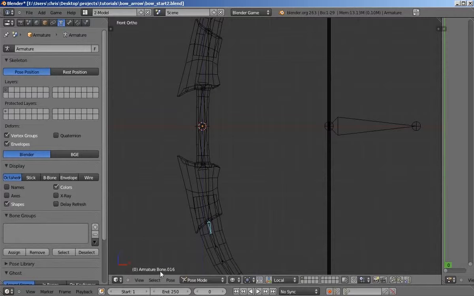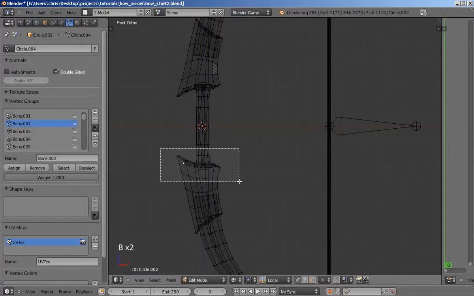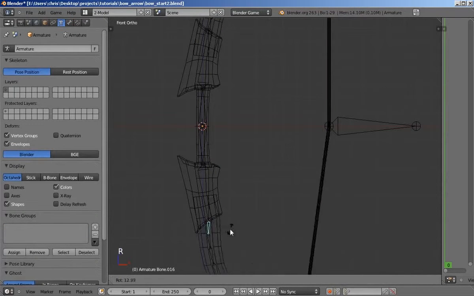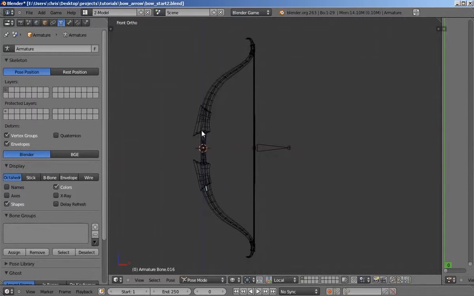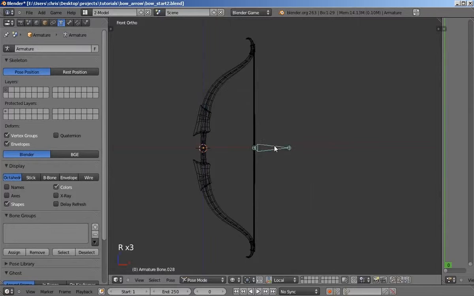So that bone name is bone 0.016. So select the mesh and go into Edit mode and select all those vertices. Find bone 0.016 in the vertex groups and click on Remove. And that should fix it. And it did. So there we have a very basic rig completed for our bow, top to bottom, including a